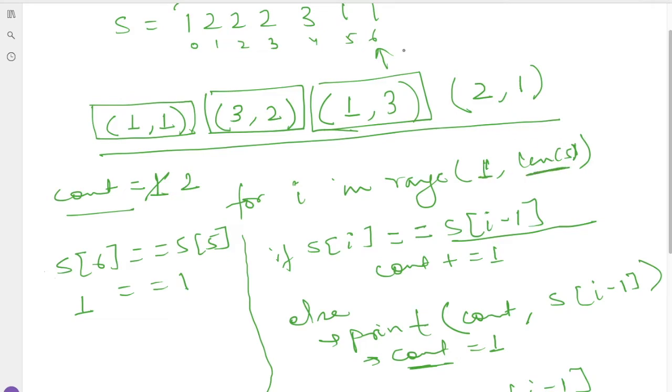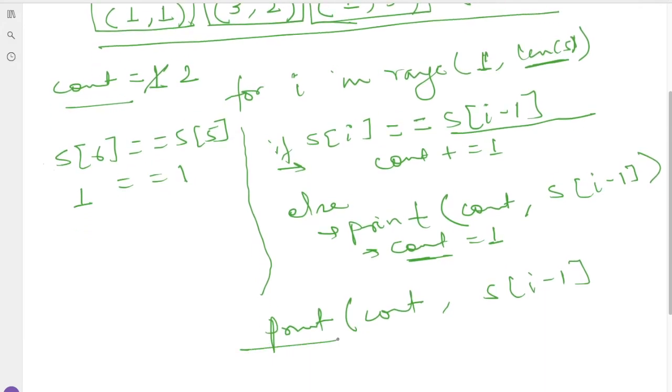This is for getting the last character, means we are checking the value from 1 till the length of s. So if the previous characters are equal, then we are in the if condition and moving forward. But when I go for the next character check, the loop will end, so we have to print this character. So that's why we are printing here in the last. So let us write the code.